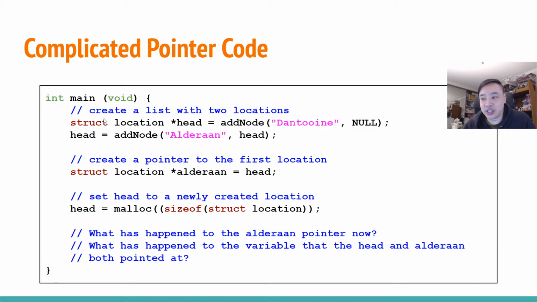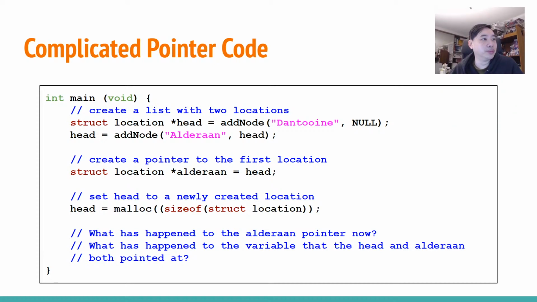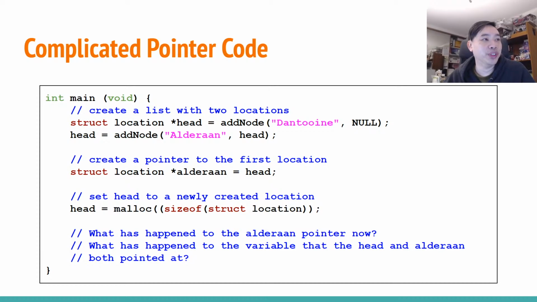Okay, so let's create a really simple linked list with two locations. So we've got Dantooine gets added first, and then Alderaan gets added next as another location. I don't know how much people follow the original Star Wars trilogy, but I'm telling a story here. Okay, so let's create another pointer to Alderaan, which then copies the head, and then let's set head to be the memory allocation of a new